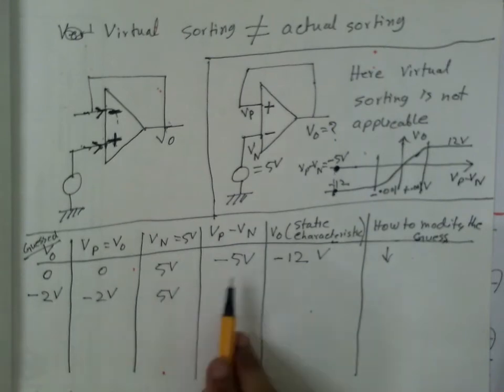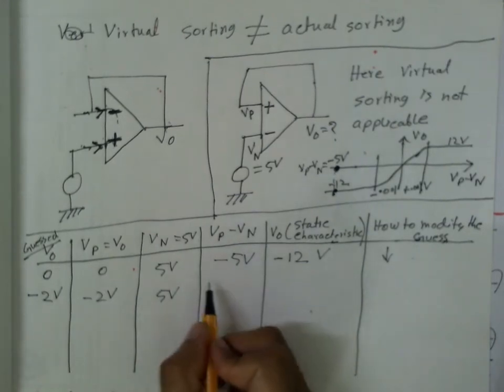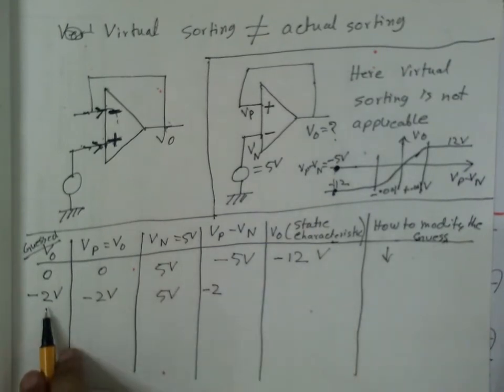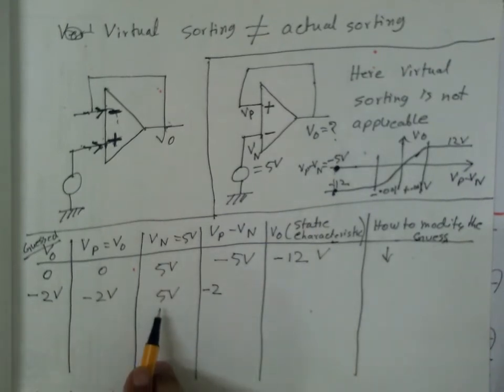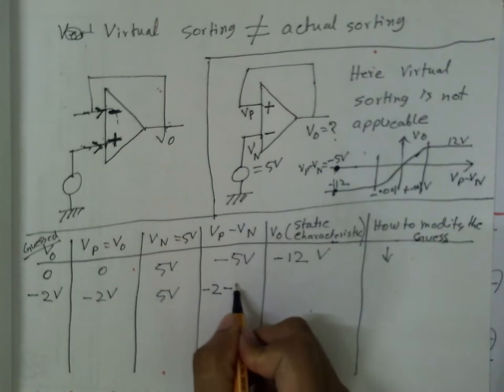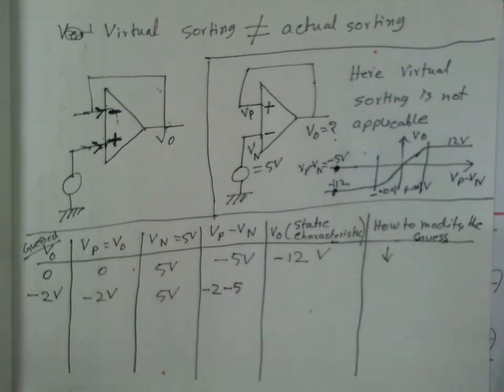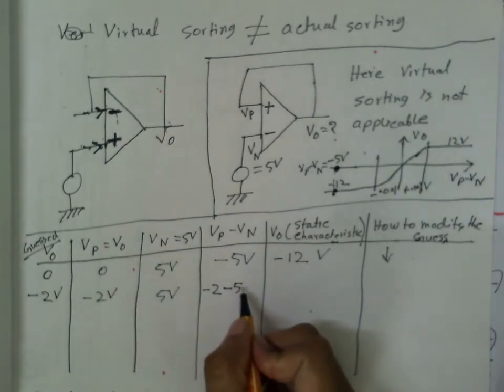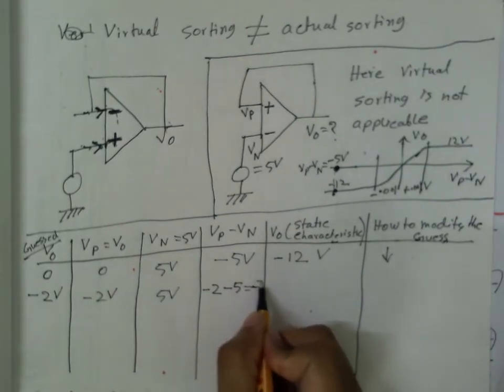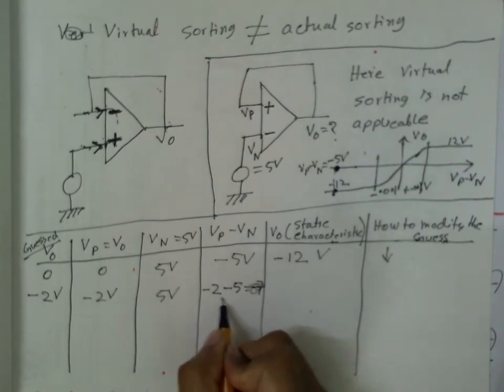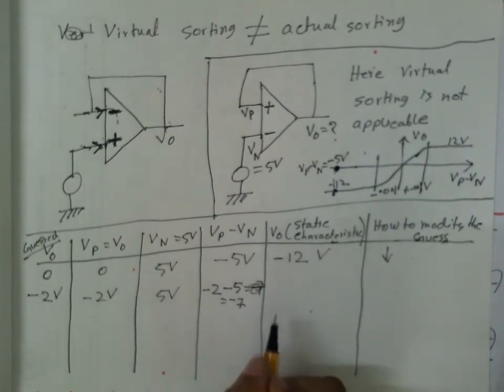So Vp is minus 2 and Vn is 5, so Vp minus Vn is minus 7. Okay, so